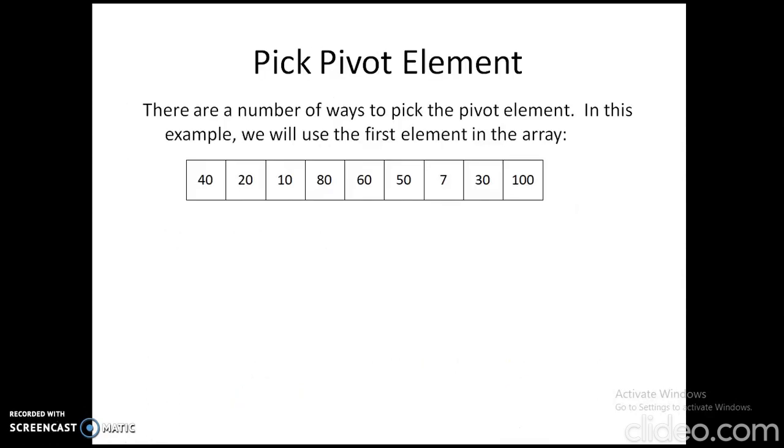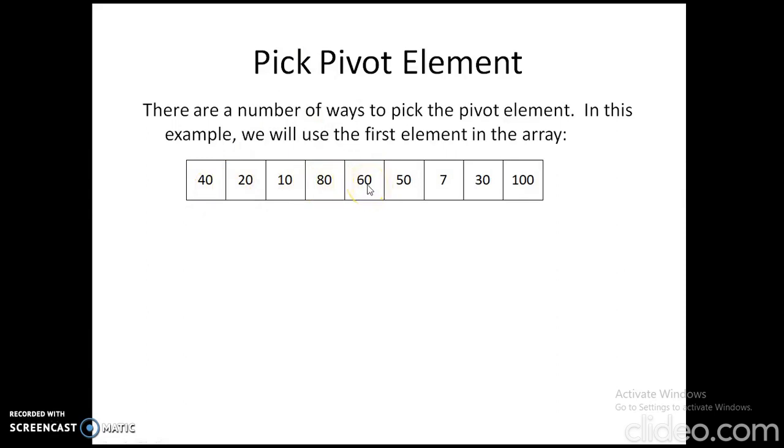This element, some element E of S, has a name called the pivot element. There are a number of ways to pick the pivot element in an array. We can select the first element as the pivot, or the last element, or the mid element. Here we use the first element in the array as the pivot, which is now 40. The main intention of the quicksort algorithm here is to place the pivot element into the array such that it is at its final position in the sorted array.